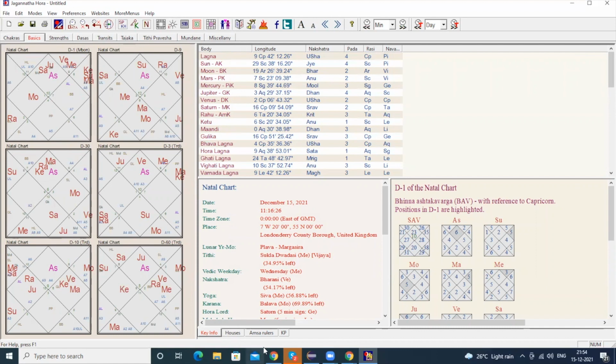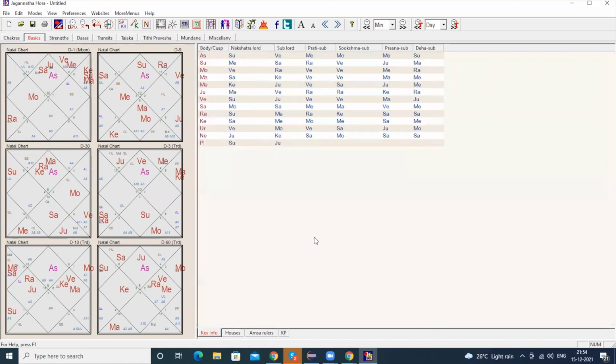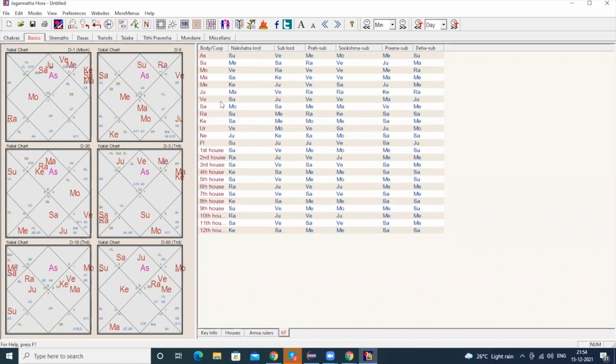Okay, so if you want to see KP, you can just click here, not the KP chart, I mean the significant houses. So you'll get to know about the significant houses, what planet or house represents a particular cusp or the cuspal sublord. So here the person's ascendant cuspal sublord is Venus.